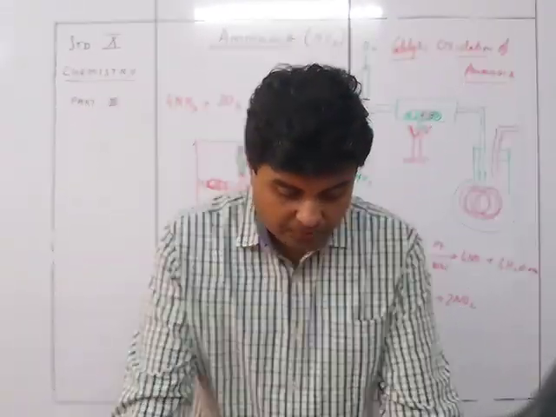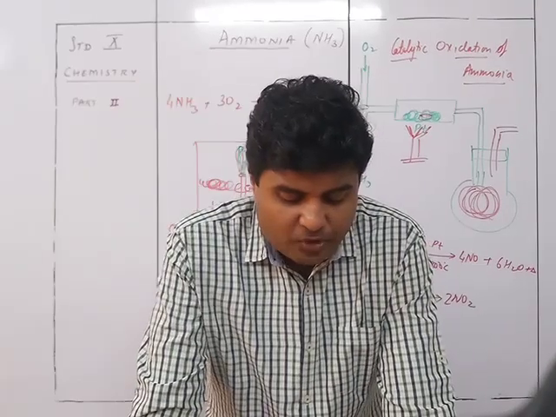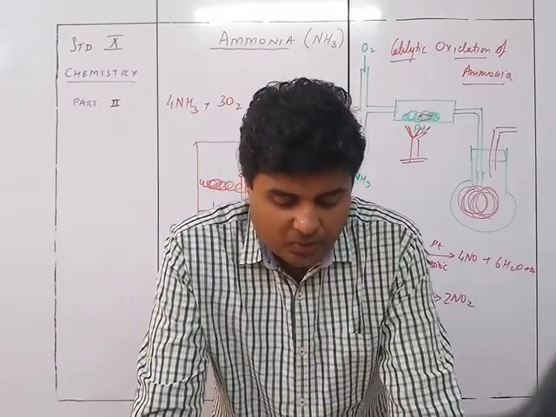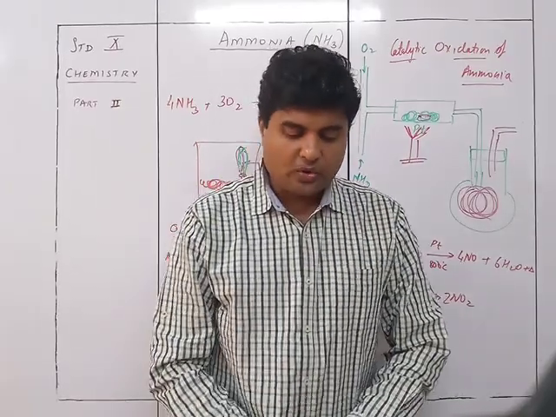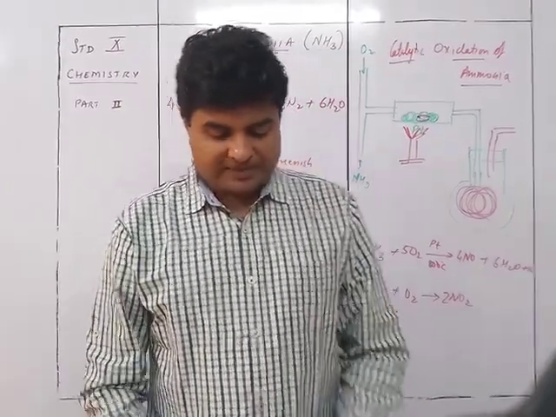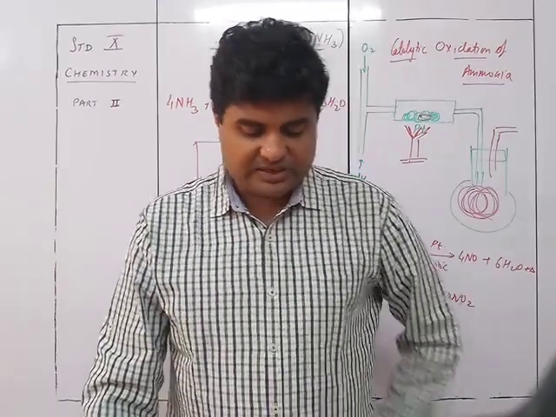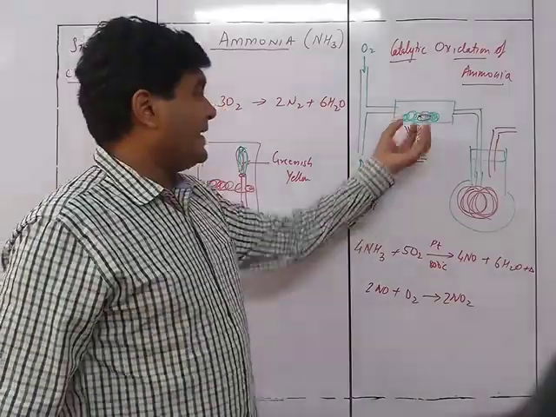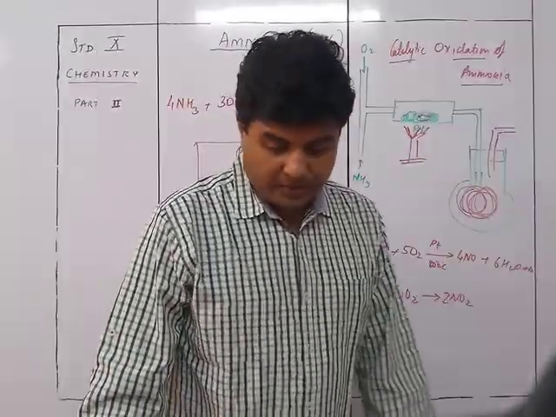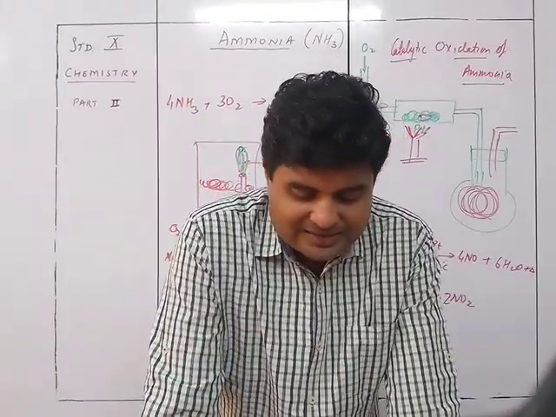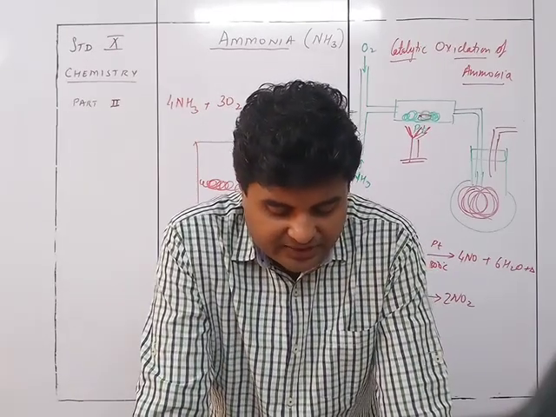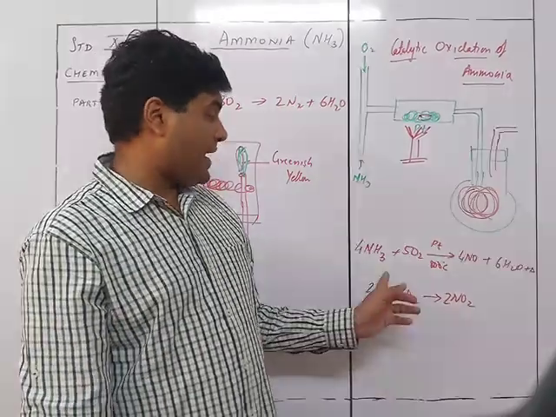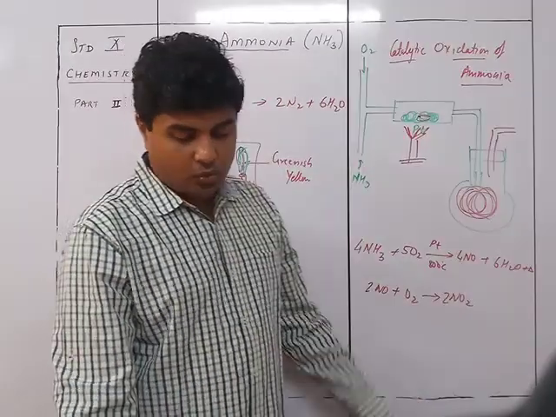So pass dry ammonia and oxygen gas through inlets A and B respectively in ratio 1:2. The ammonia oxygen mixture passes through overheated platinum placed in the combustion tube, which in the heated state emits a reddish glow. Observation: the colorless nitric oxide formed on oxidation gives reddish brown nitrogen dioxide in the flask C, that is 2NO plus O2 giving me 2NO2.